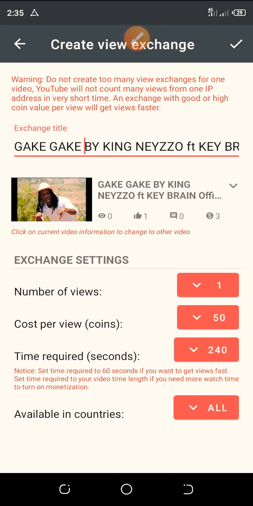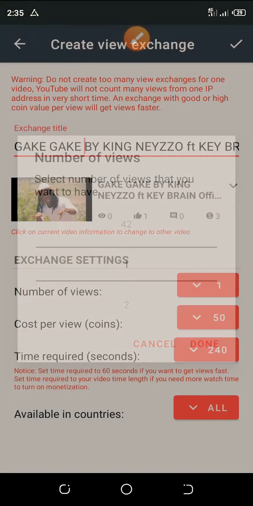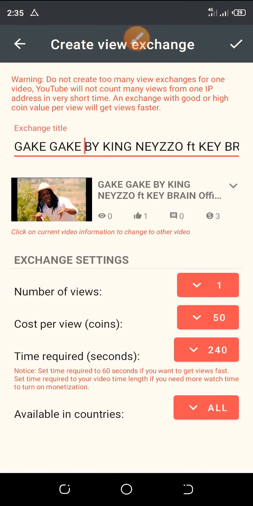In the exchange settings you can see the number of views, cost per view, and time required in seconds. You can set the number of views according to what you want. Then the cost per view: one view can get 15 coins, even $15.